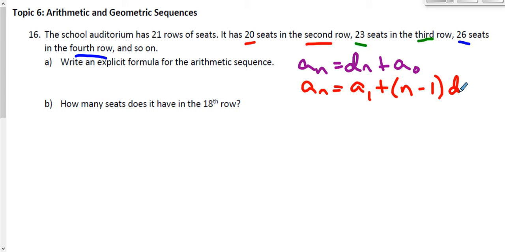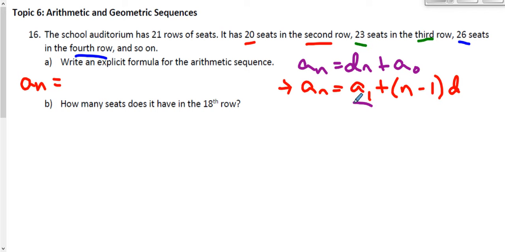I'm going to go ahead and use the second formula here because it's the one given to you on the reference sheet, but it does simplify to the exact same thing as the first formula, dn plus a sub 0. So let's go ahead and take a look at the explicit formula here. So a sub n, that will tell me the value of any term. In order to do this, I'm going to need the first term from the sequence, a sub 1,